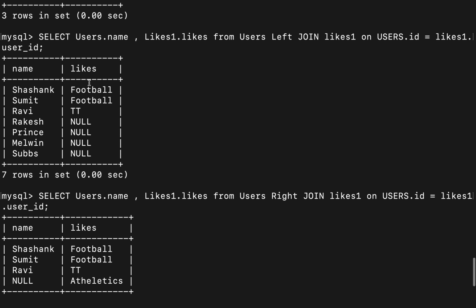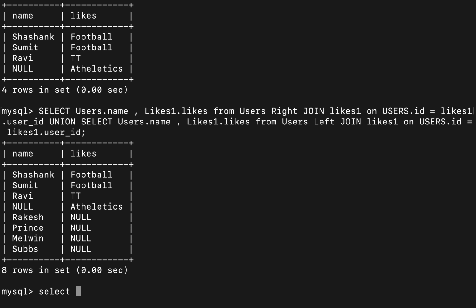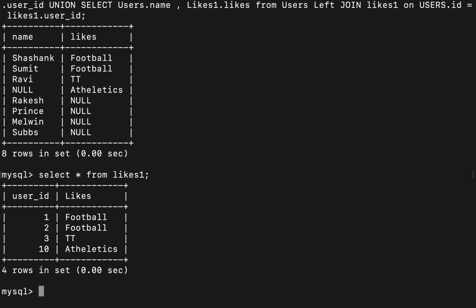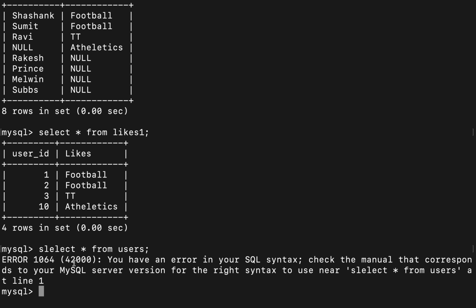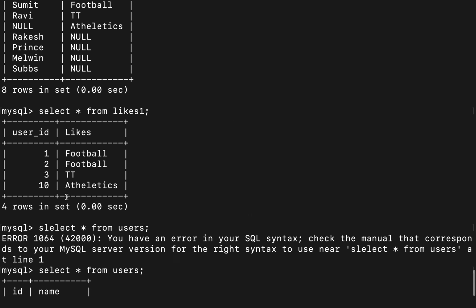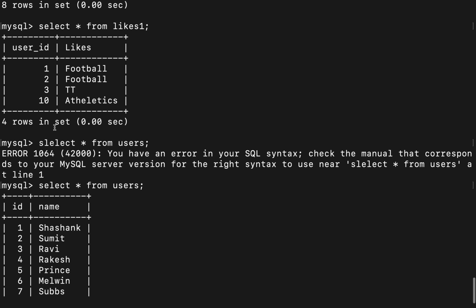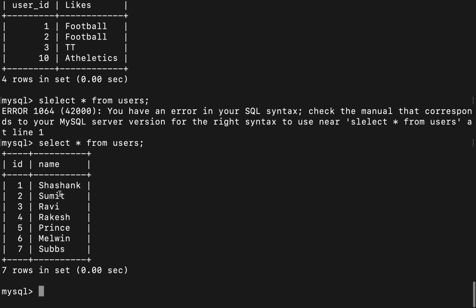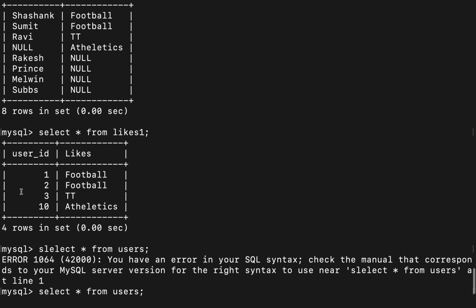So if you'll see, let me show you again. Select star from likes1, select star from users, so these two tables are there. Now we need to perform outer join, which means it will include the left side ka all IDs and then right side ka user, because we have done join on user ID and ID, right?